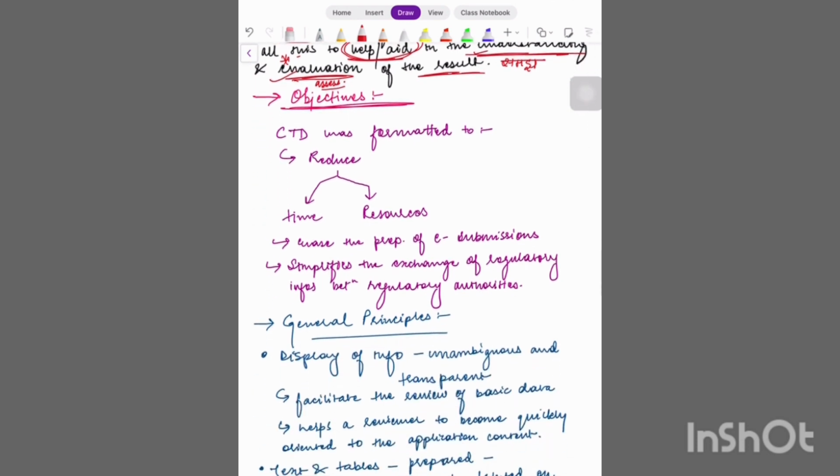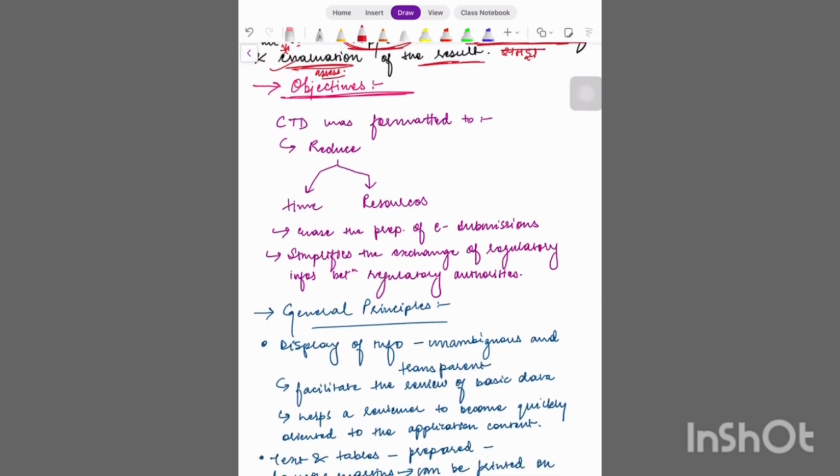Now what are the objectives of CTD? This is also a very nice thing you should learn. Again and again the same things are repeated. The only thing is that you have to pick up the keywords and language as you go, so that you have the knowledge when you speak. So CTD was formatted to reduce